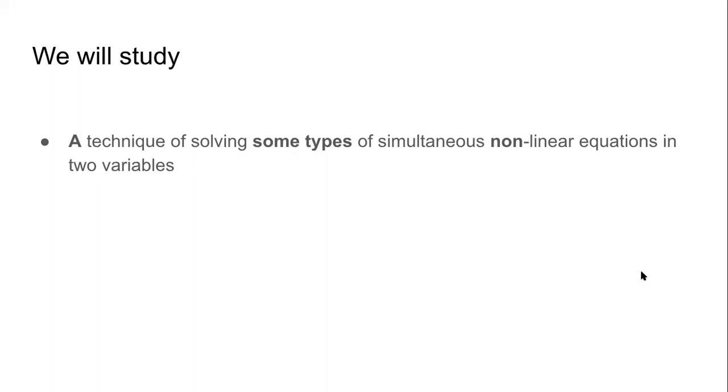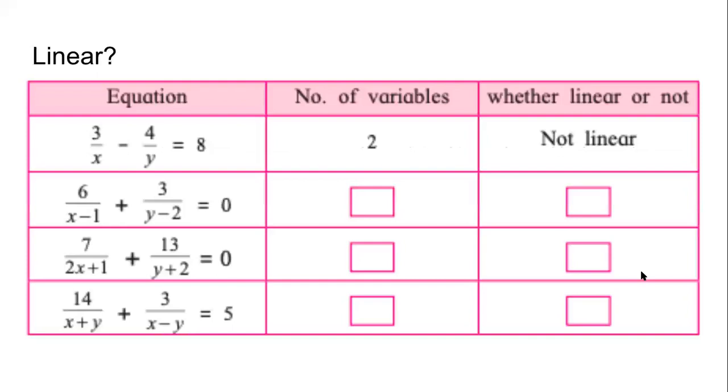So the first thing that we will try to understand, and it's coming to you on the next screen, is for you to see what kind of equations that we will deal with. It's on your screen. Now you can tell me whether the equations that you see in column number 1 are linear or not. Do they have two variables or not? First, answer this question. Look at all the equations 1, 2, 3, and 4. Look at the four equations. See how many variables are there in each of the equations.